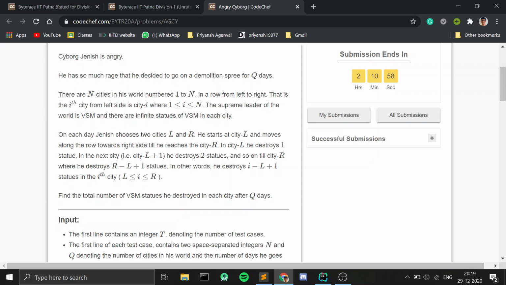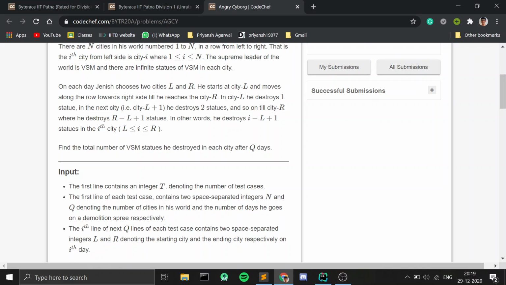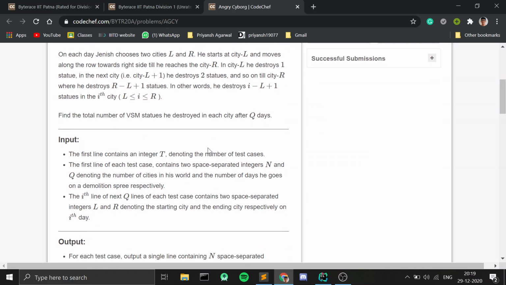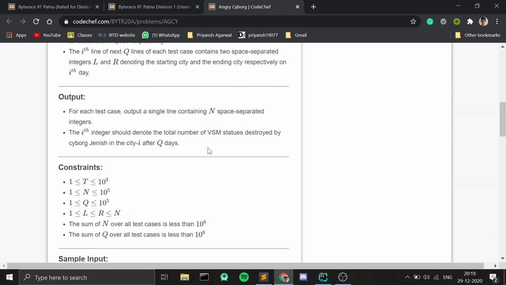R minus L plus 1. Okay, so yeah, that is